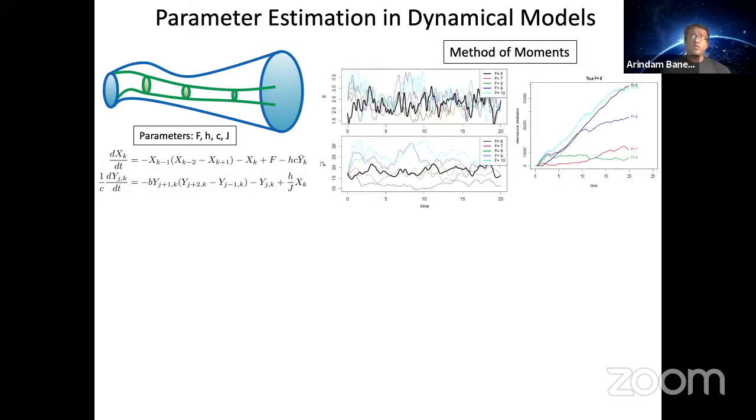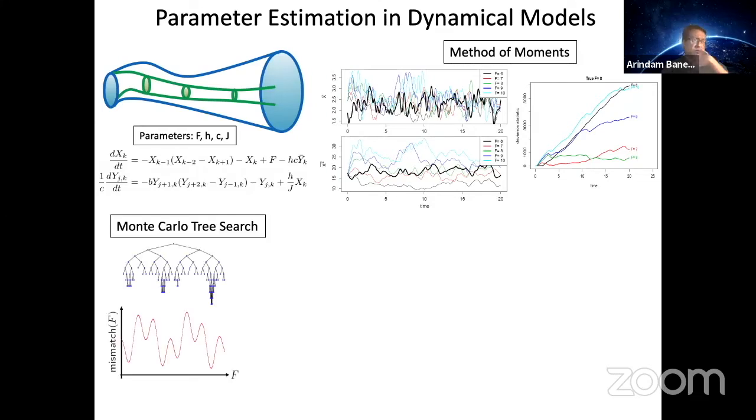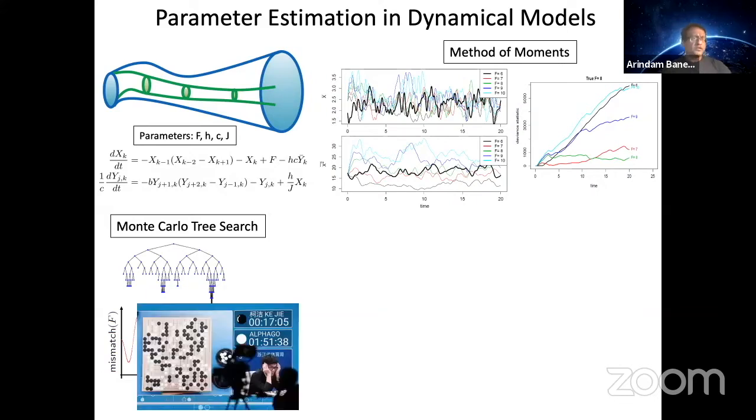There are some method of moments approaches which have seen some success, and we are investigating those. We have been investigating Monte Carlo tree search. Monte Carlo tree search, in case you don't know, gets a coarse-grained sense of which regions look promising, starts digging deeper into those areas, and deeper into the areas which look most promising, and so on and so forth. You may have heard of this in the context of AlphaGo. MCTS was one of the driving forces behind DeepMind's AlphaGo system. We are now looking into MCTS for parameter estimation in dynamical models.